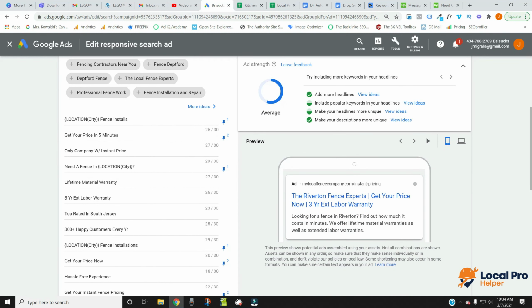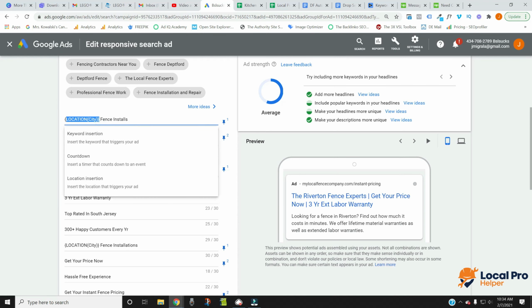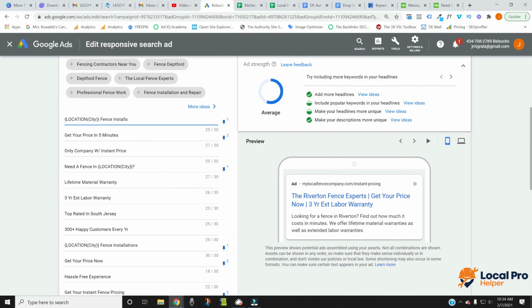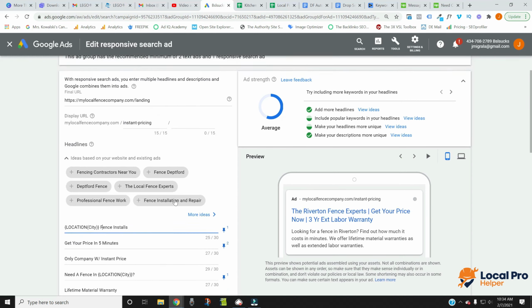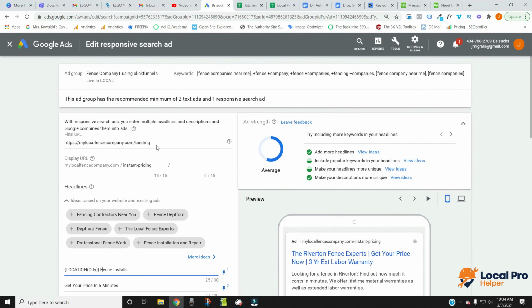So it would be location, this thing, and vinyl fence installs. Something like that. That might not fit, it's one off. But you get the idea. So give them what they want, and if they're searching for vinyl fences, make sure you're not just sending them to a regular landing page. Make sure you send them to your